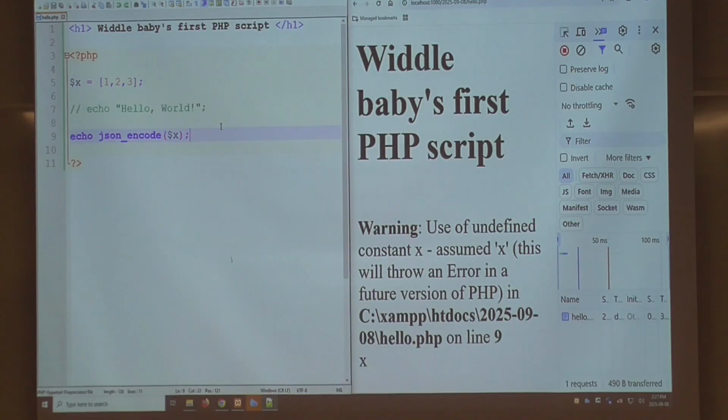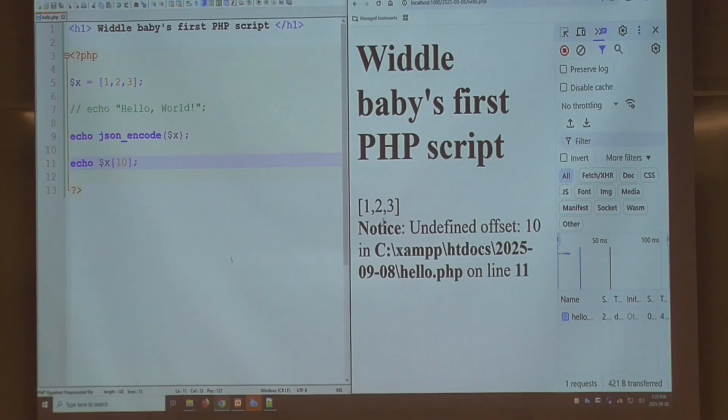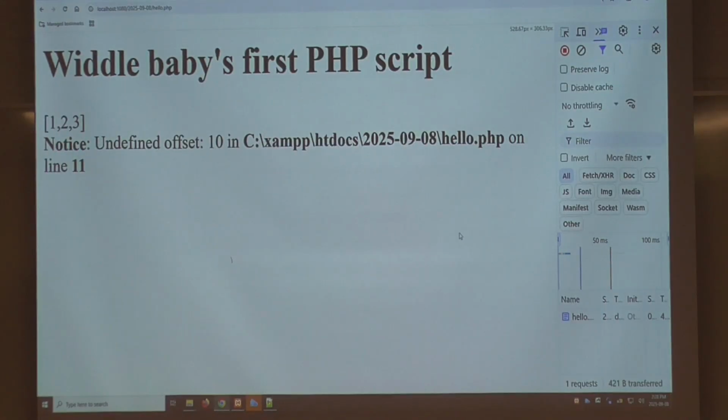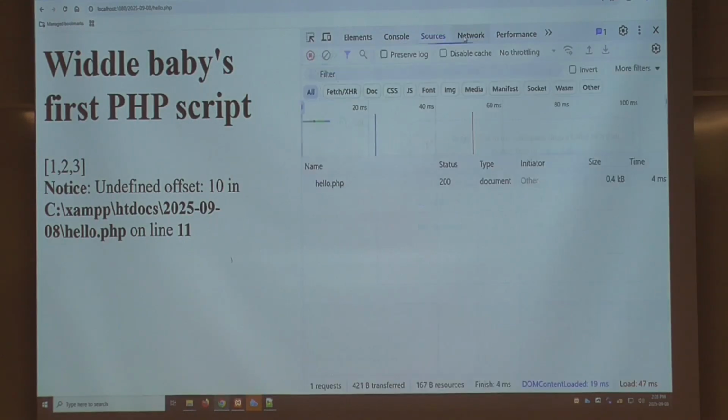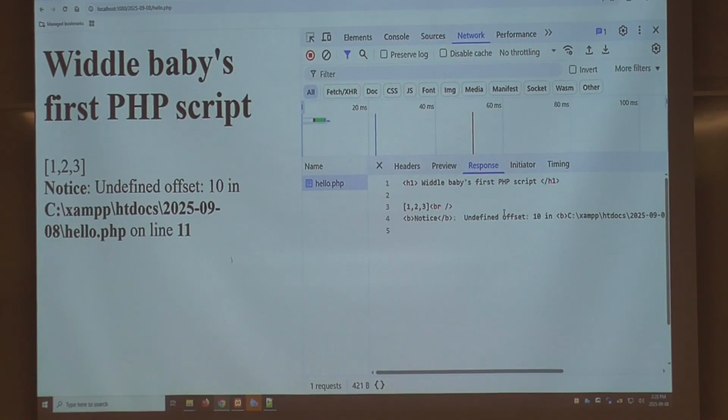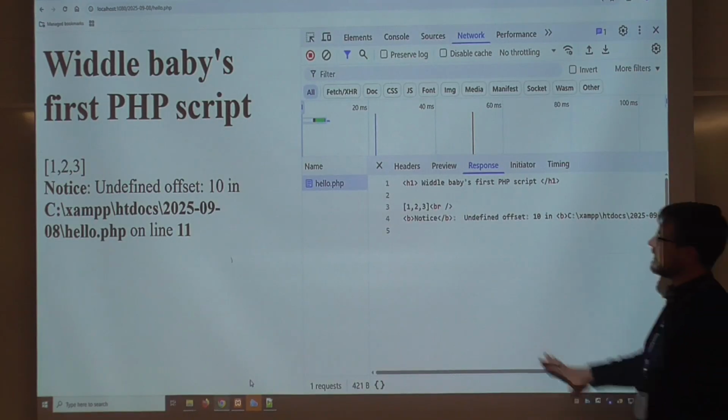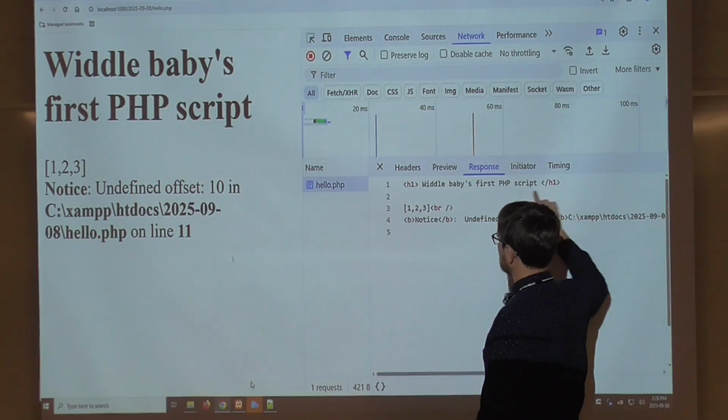Let's say we have this thing that works, and let's echo, let's reproduce the same error from earlier. X at 10. That's the thing I was actually trying to demonstrate. It's a little annoying that this is working. So, basically, if you ignore this part and just take this part,